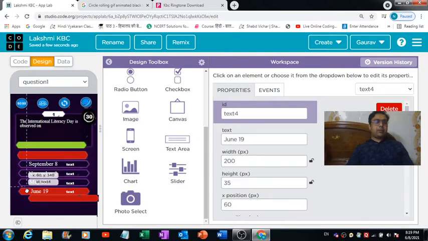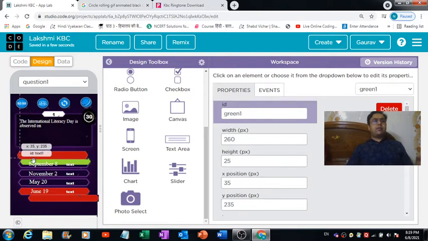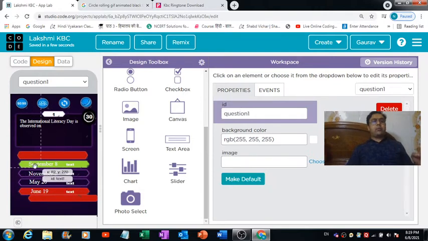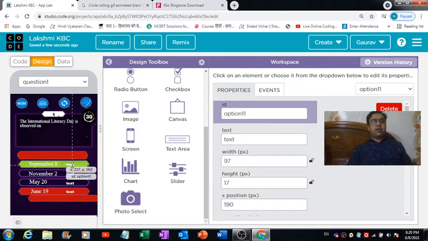Why? Because suppose only one of these 4 options is right. Okay, so that is the reason. If the user will be able to predict the correct output, automatically this green box will be visible to him in the background of this text, right?